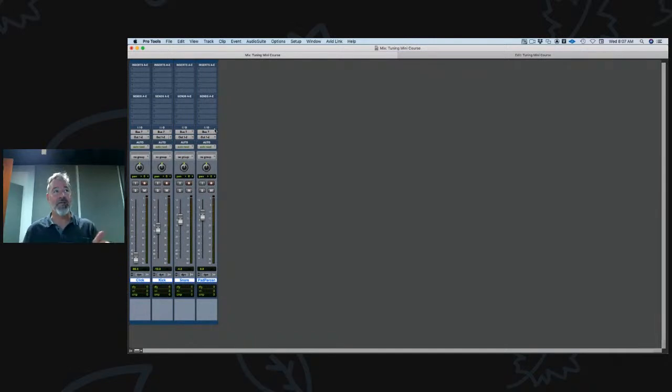All right, and you can also do that with the inputs. You can also do that with buses. So let me show you that real quick. Let's just say for a second you're creating a headphone mix. Okay, headphone mix. You've got all of these tracks selected, and you hold Shift Option,